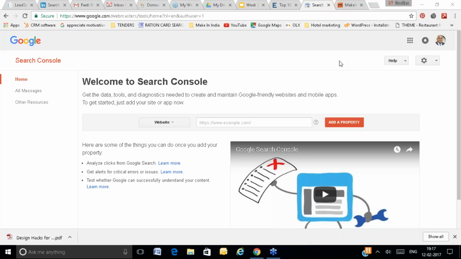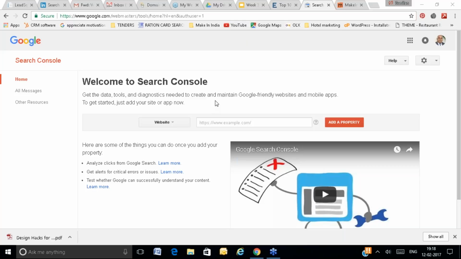So these kind of on page activities, we separately termed it as technical SEO, right? You may term it as on page SEO, you may term it as technical SEO. So let's see, if you have to add your website to the Google database, you can go to the Google Search Console.